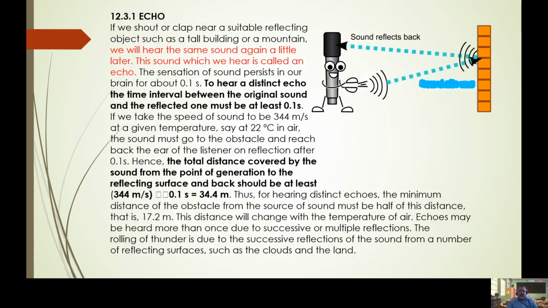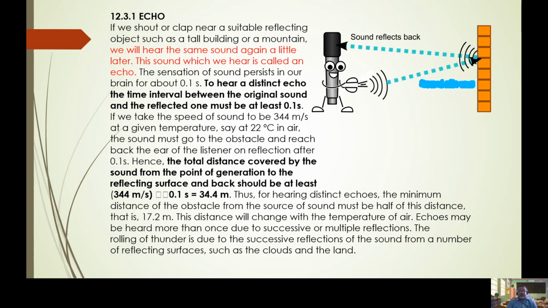Echo. If we shout or clap near a suitable reflecting object such as a tall building or a mountain, we will hear the same sound again a little later. This sound is called an echo. The sensation of sound persists in our brain for about 0.1 second. To hear a distinct echo, the time interval between the original sound and the reflected one must be